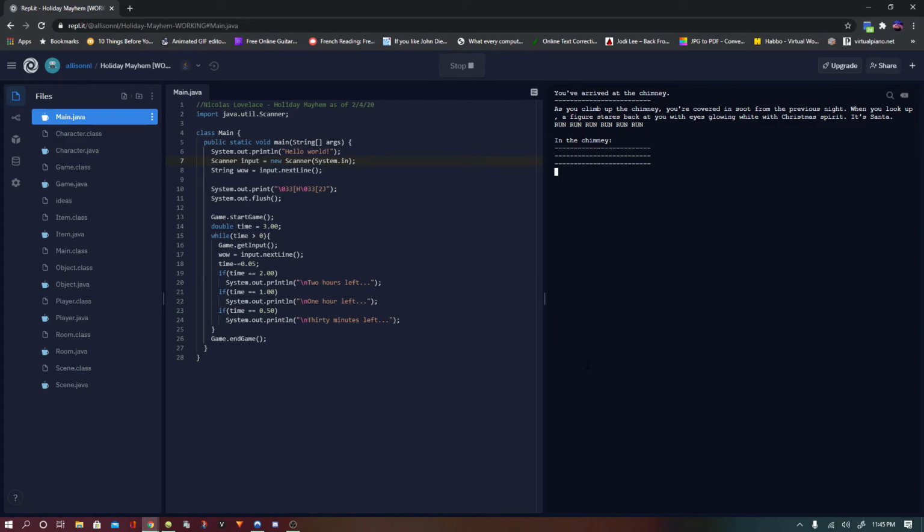In the chimney there's nothing. But I wanted there to be like an action scene here where you have to fight Santa, and if you eat a bunch of cookies before you go in the chimney, then you're the new Santa, just random stuff like that. Go to house. Yeah, so I wanted it to be like a quick time event, so that you can go to the store.